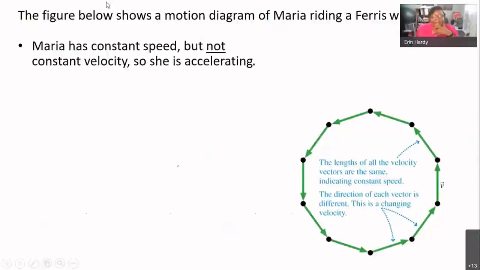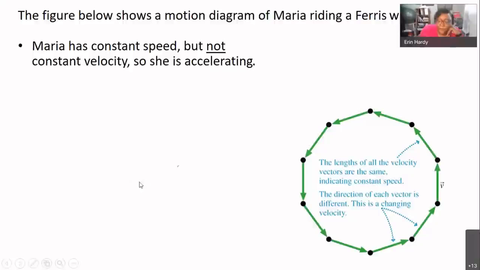So imagine that we've got a character, Maria. She's on a Ferris wheel. And let's imagine that this motion diagram describes what happens after the ride actually begins. So in other words, imagine Maria is the last person to get loaded on, so that once she's on, the Ferris wheel just completes the trajectory like we see here at a constant speed, no stopping and starting, in other